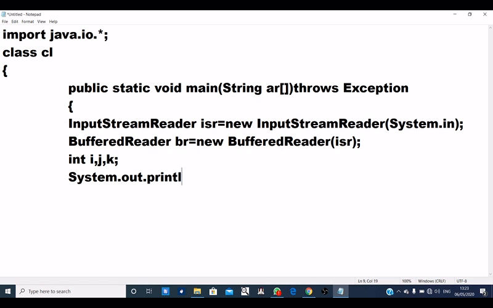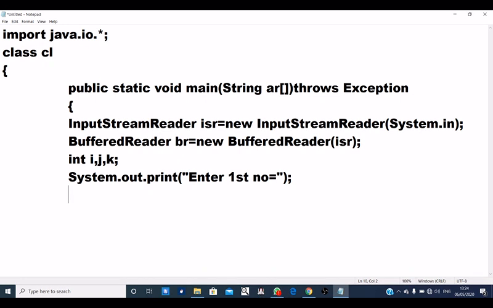System.out.print("Enter first number"). Now students, remember the most important thing here: whenever we take input using BufferedReader, the input is always of string type.